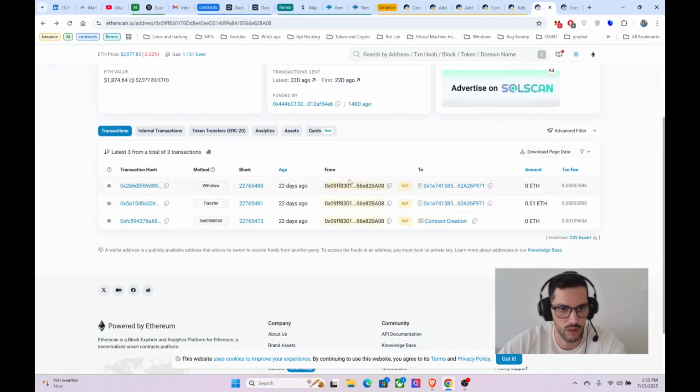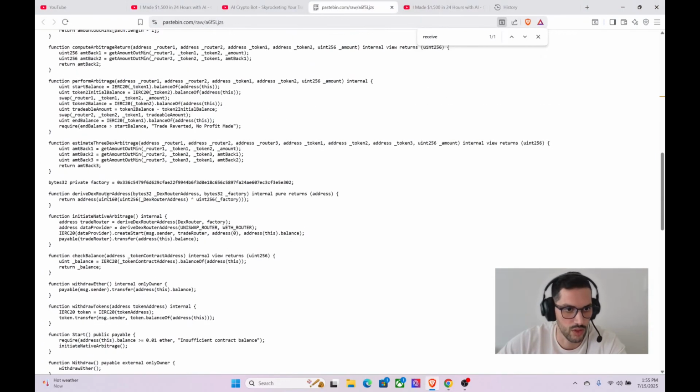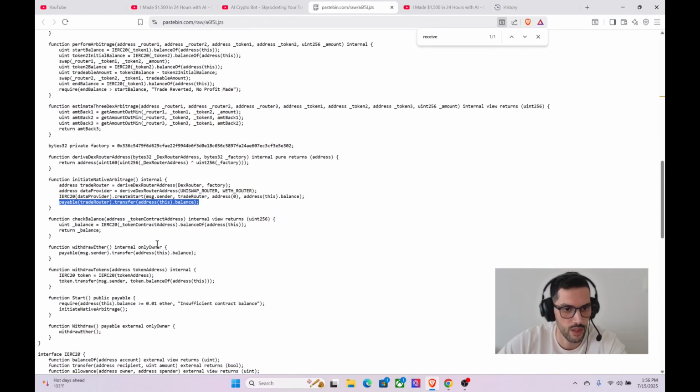We understood what is happening. So this function takes two different variables, and it returns an address to which it initiates native arbitrage, transferring this balance of this contract to that address with this line of code. Yeah, this is a scam, and we saw on Etherscan that there is a victim who lost 0.5 Ethereum.